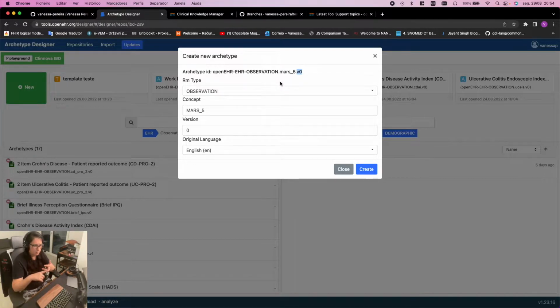The patch, if I'm not mistaken, is just to add translations to this archetype, so there is no breaking change, it's just an extra label that you are adding, so you don't change any semantics. Then the minor, I think it's for some terminology bindings, although I'm not sure. It's something that I need to check, but I will have a video to explain each one of these things,